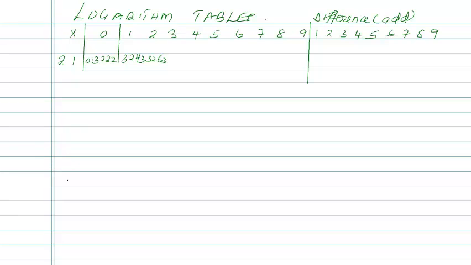For example, if I'm given 2.18, then the logarithm of this one would be, first of all, I read the first 2 values on x, and then the third one where they meet with the 2.1 and 8, then that would be the log of it, which is equal to